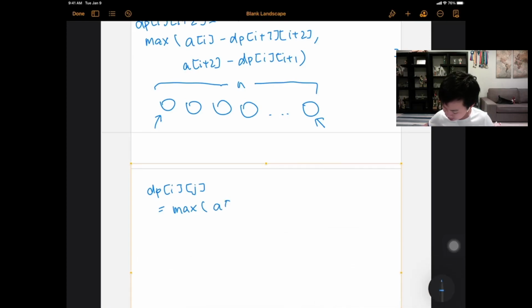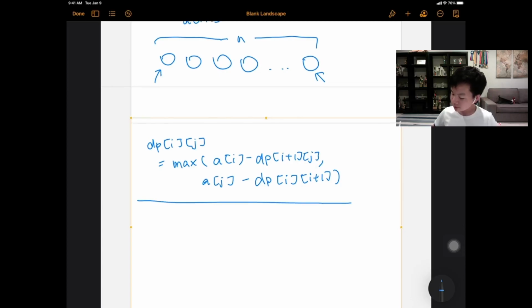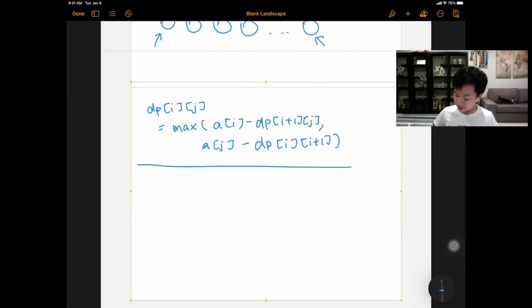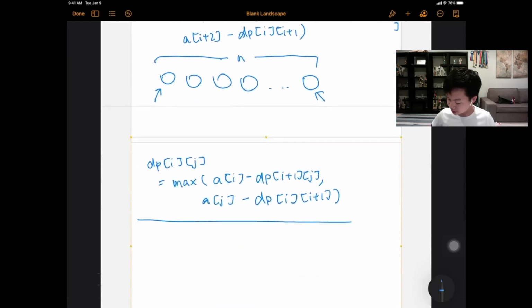So this would be A[i] minus dp[i+1][j], or A[j] minus dp[i][j-1]. All right, so now that we made our transition, the overall difference of our whole thing, over here,